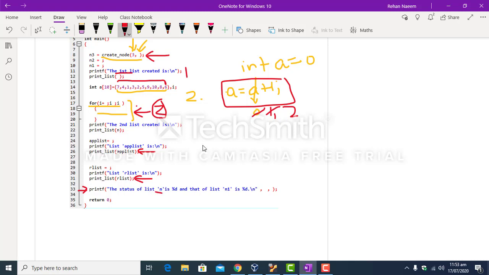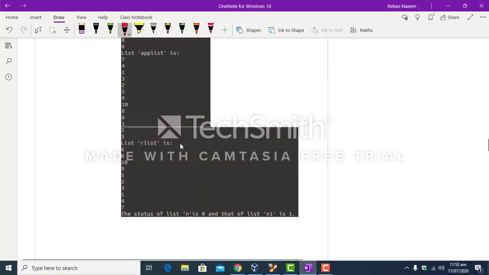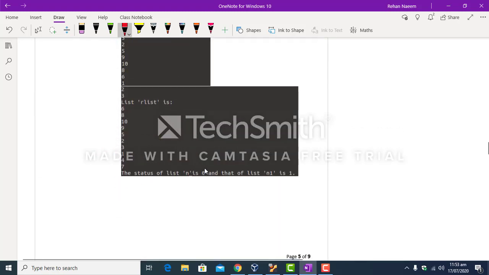List n is the first list, and list n1 is the second list. Status means the status of the list, whether it is sorted or not. So the status of list n is 0, and the status of list n1 is 1.